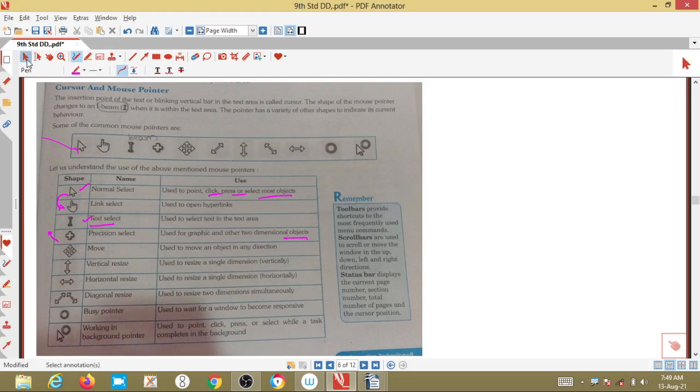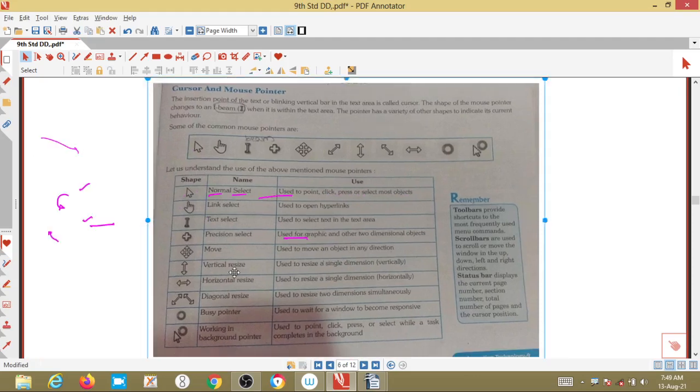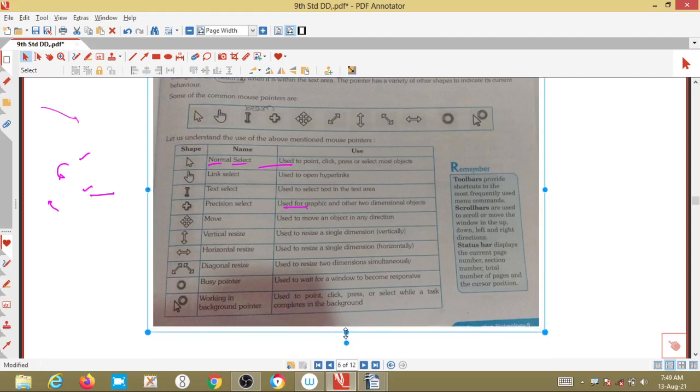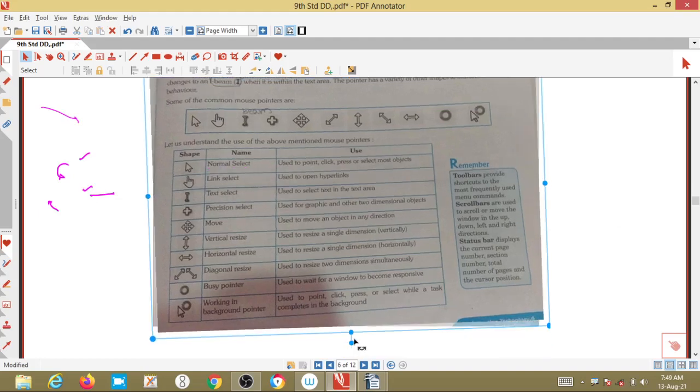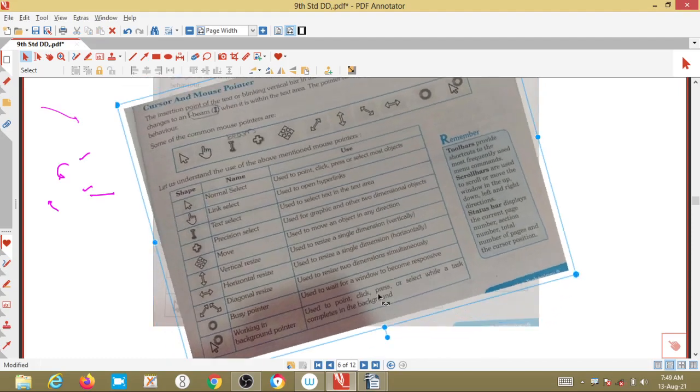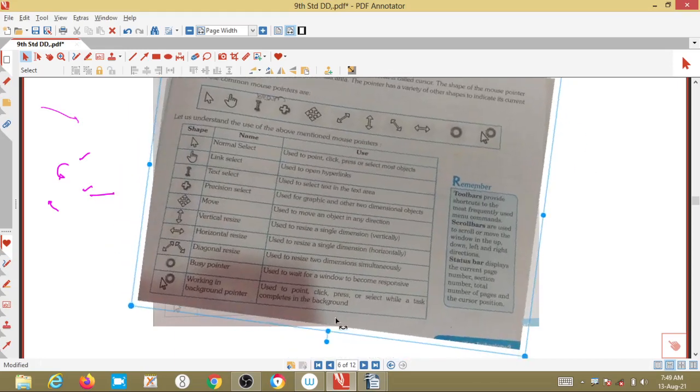Then suppose you selected this file or whatever object is inserted, I will get this symbol, right? It means we are moving this one. In whichever direction I want, I can move this one using this move button. This is the symbol. This is the vertical resize. If I select this one, this is the horizontal resize. See here, it will change like this. See this one, the shape, it is rotating on a particular point. We can rotate in any direction, either clockwise or anti-clockwise.